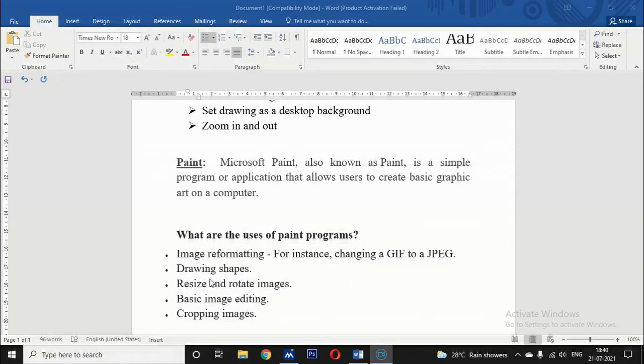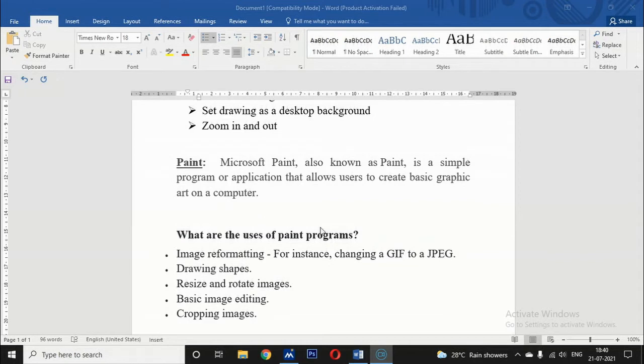Then drawing different shapes: rectangle, square, triangle, star, hexagon, pentagon, curve shapes, line shapes. Then resizing and rotating images, basic image editing and cropping images. So these are some uses of the Paint program. So what is Paint? Paint is a very simple drawing program.